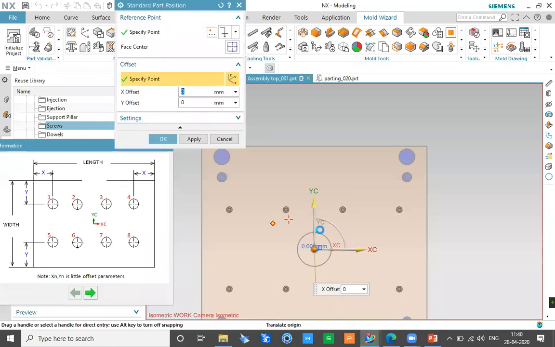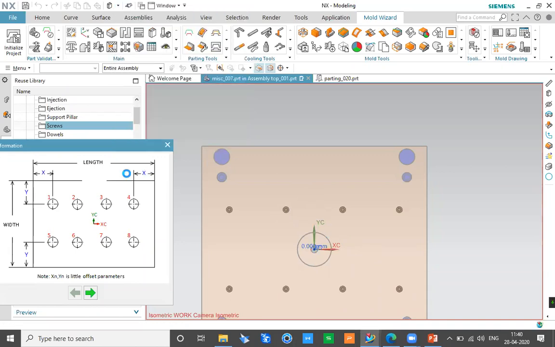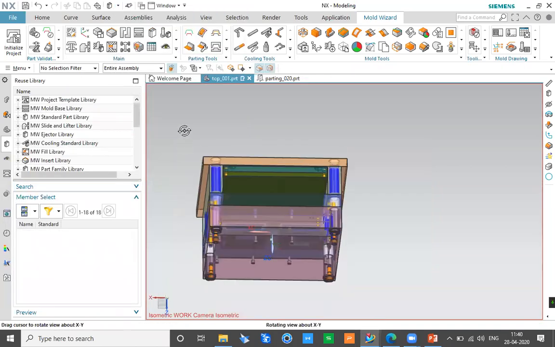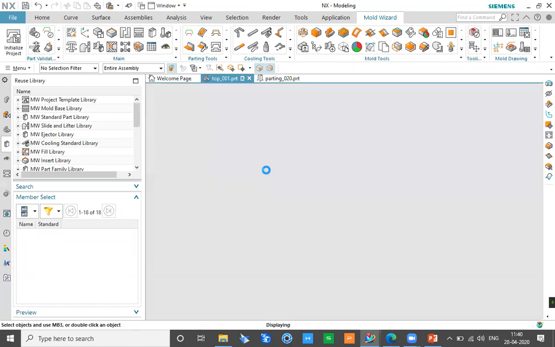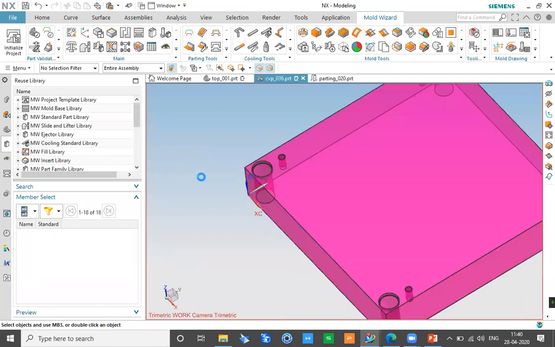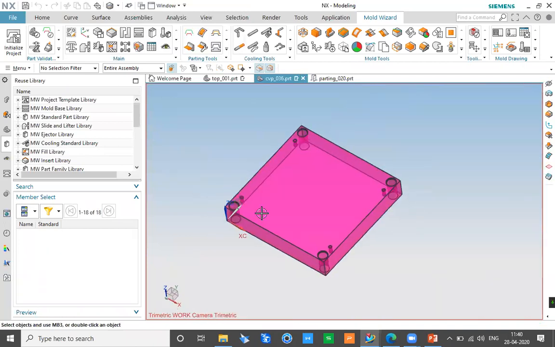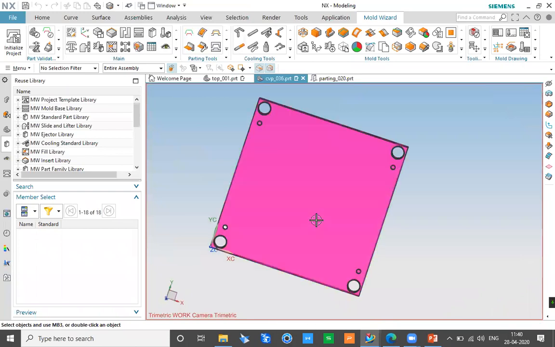And after creating the bolt, let's say you want to offset to a certain value, you can also do that as well. Now, the best part about Mold Wizard is whenever you create a bolt like this, for example, the bolts are added. If I open this particular plate in a new window and show it to you so that you can get a basic idea, there is no bolt, there is no indication of any hole present over there.